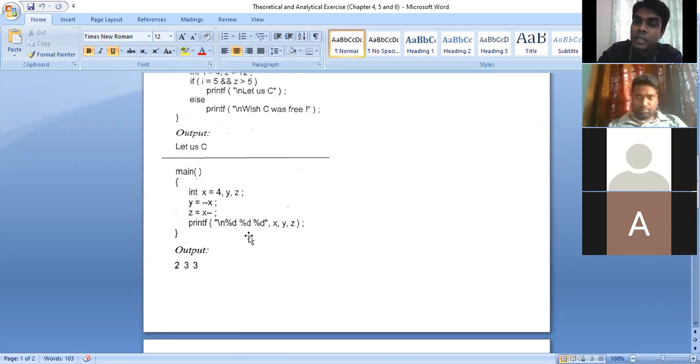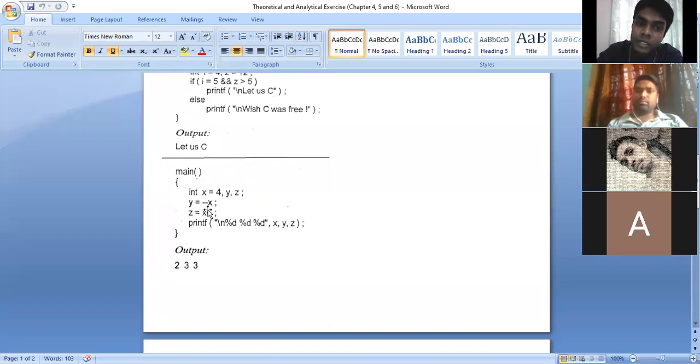And the second one is the example of post. The operator will be available before the operand. That is called pre. Here minus is the operator and this x is the operand. So minus x means we are writing the operator first, then the operand. So this is the example of pre-decrement. And x minus is the example of post-decrement: operand first, then the operator.